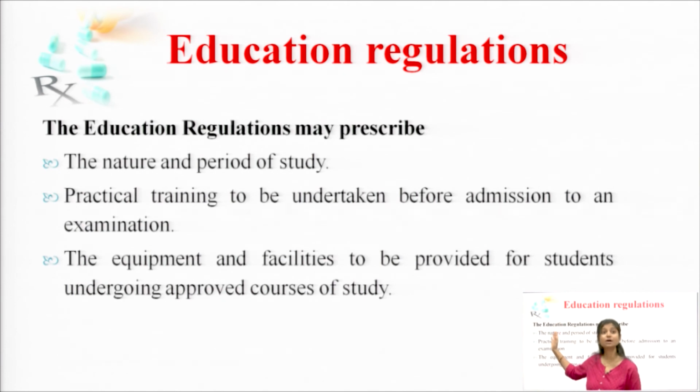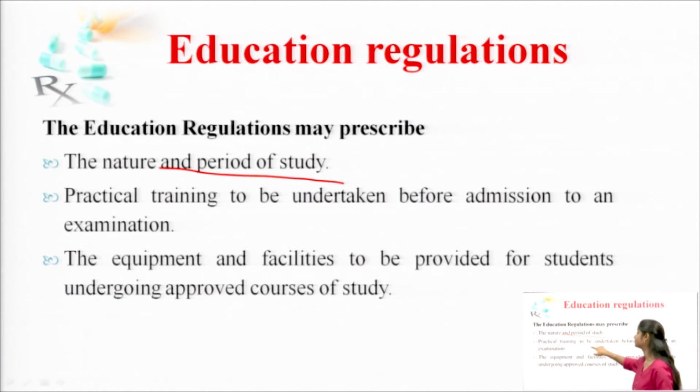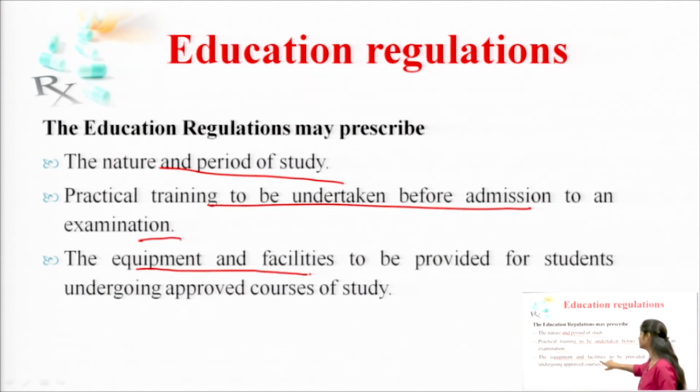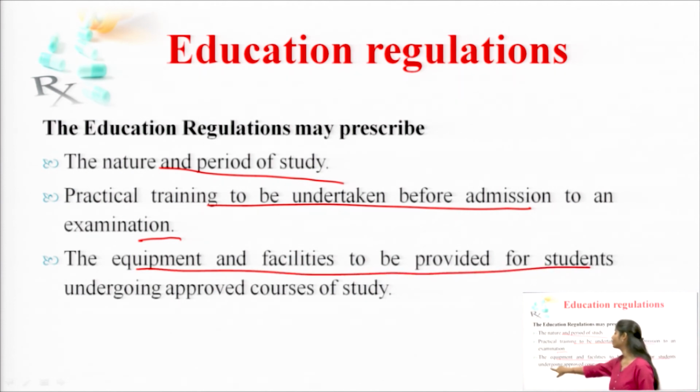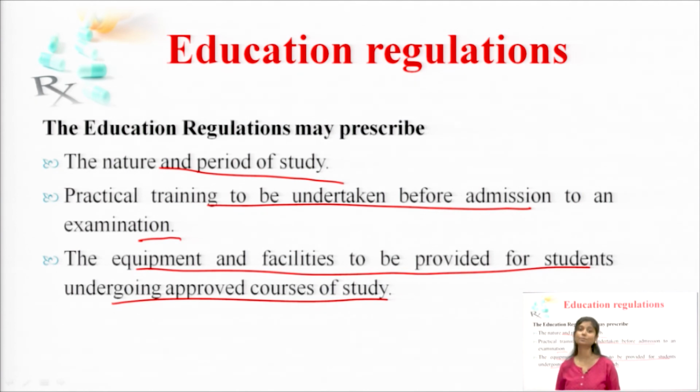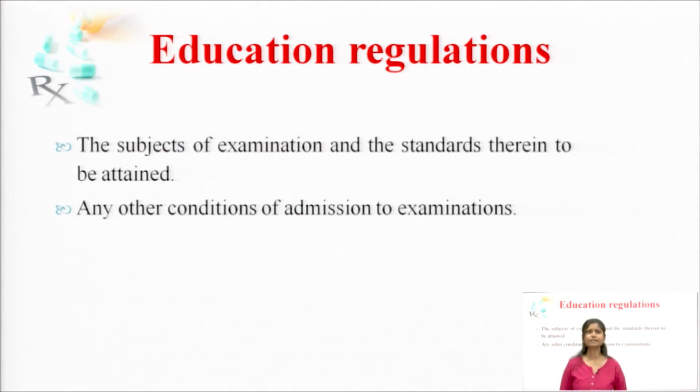That they have to prescribe the minimum standards, that is the nature and time period of the study, the practical training to be undertaken before admission to the examination, and the minimum equipment and facilities to be provided for going through the course. That is, we are talking about the institute that has to fulfil these conditions to give the education. The subjects of examination and the standard therein to be attained, and any other conditions of admission to the examination. So these are the points that you will be seeing through the syllabus that has to be followed,